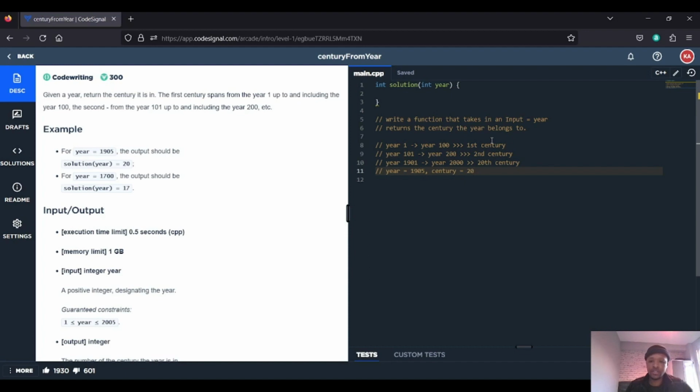So in this case now, if we divide the number of years by 100, okay, and get a remainder of 0,